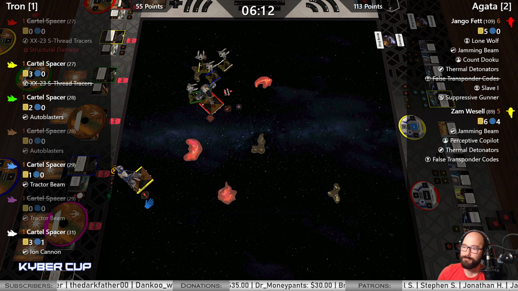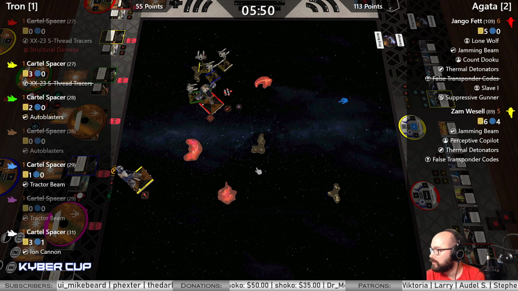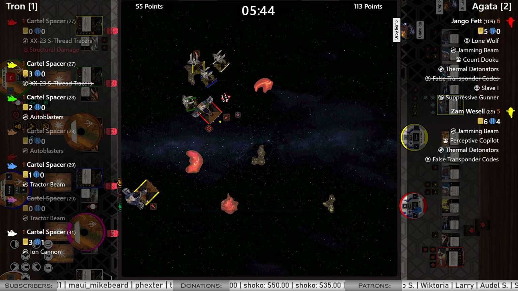Oh, you're right. There are thermals. We got 2 left on Jango. 1 left on Zam, but Zam's not going to drop. I imagine you just 1 bank left with Jango. Right? You just... 1... Is that far enough? You can't 3-4 because of this. You could 1 bank the other way, but that seems...